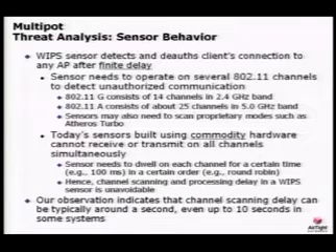As a result, the sensor needs to dwell on each channel for some time and then scan the various channels in some order. For example, it can do that in a round robin order. So there is always a finite delay associated in determining a new association and taking some countermeasures against that. And our observations indicate that the delay can be of the order of a second and even up to 10 seconds in some systems.